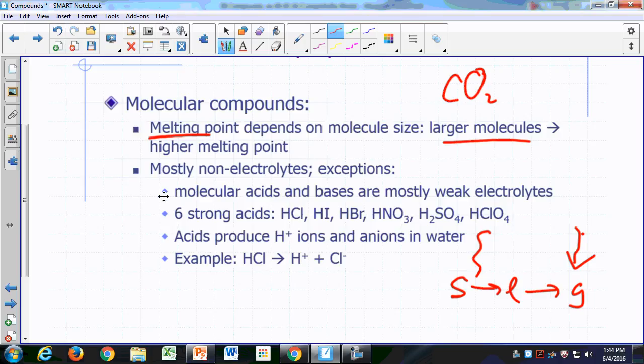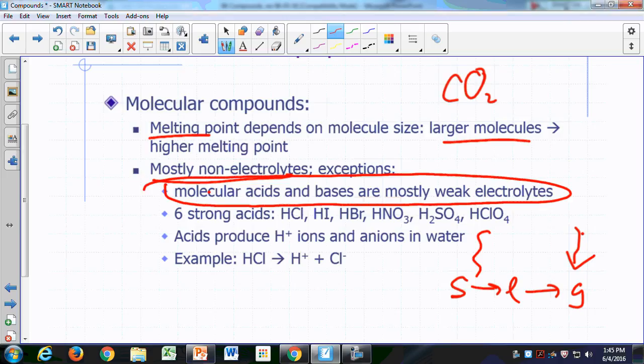non-electrolytes. Most of them are non-electrolytes. That means if you put them in water, they're not going to conduct electricity. They don't have positive and negative ions that could respond to the electric field. Okay? Now, there are some exceptions. There are compounds that will produce ions in water, and the common ones you'll encounter are acids and bases. When they react with water, they produce ions, and so those are generally weak electrolytes, except for 6 compounds,